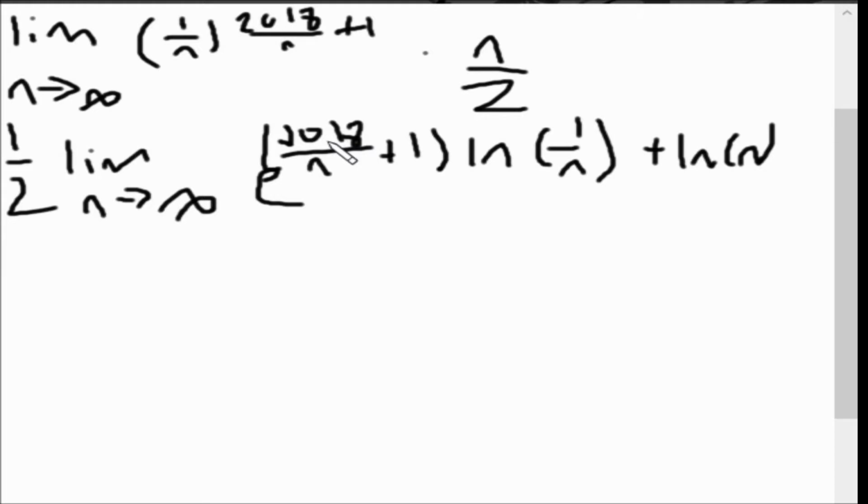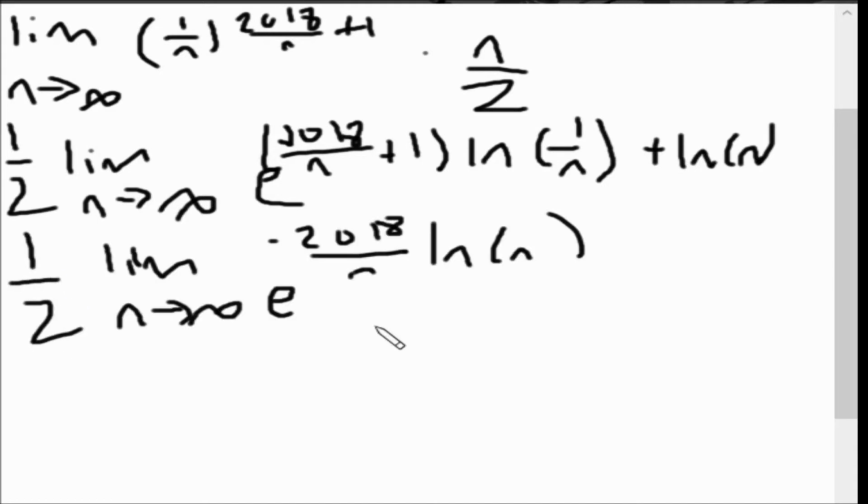And after exponentiating and applying some basic logarithm rules, we arrive at this limit, which is much easier to work with because if you observe that the natural log of 1 over n is the same thing as negative natural log of n, we can factor the expression at the top and the ones will cancel out. 1/2 times the limit as n approaches infinity of e to the negative 2018 over n times the natural log